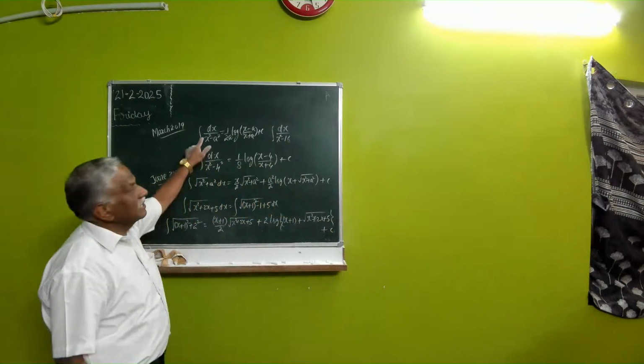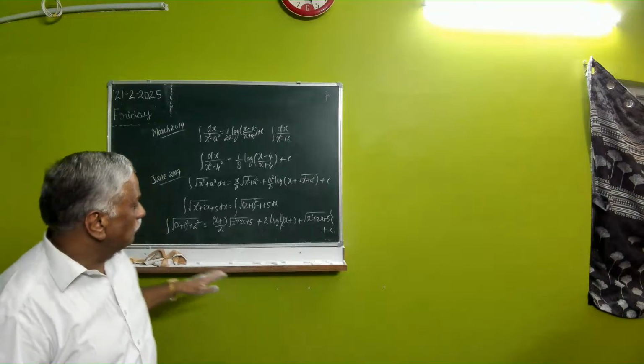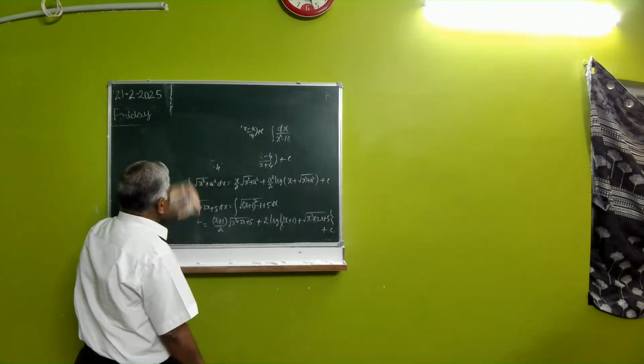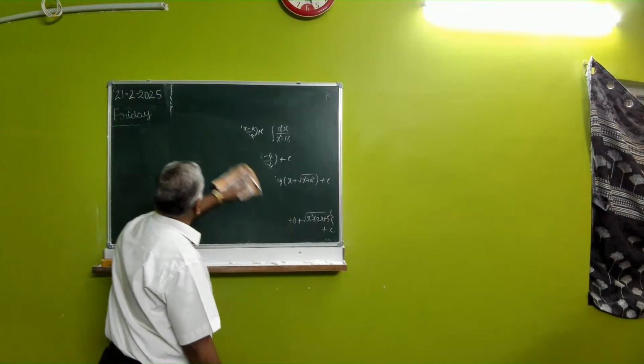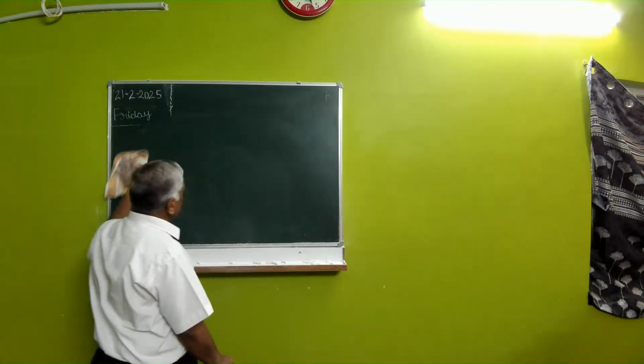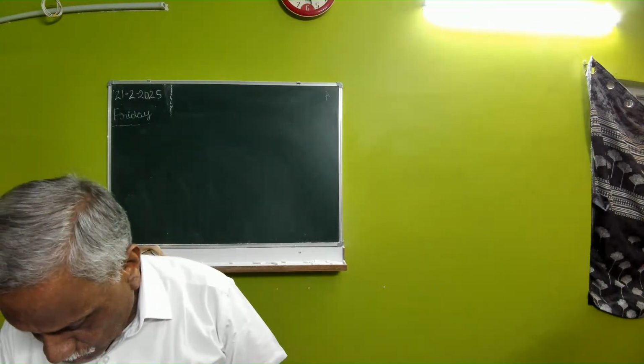I'm repeating, I have written the formula directly, but in the examination you have got to work it out. I have given the method. What's the method? Using partial fraction. The factors are x minus a and x plus a. And in the first part of today, when we started the classes, I have done that. Next, we have to move on to